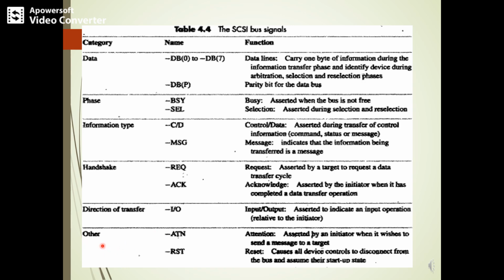Then we have other signals like ATN, attention, asserted by an initiator when it wishes to send a message to the target. And the last signal is reset, which causes all the device controllers to disconnect from the bus and assume their startup state.